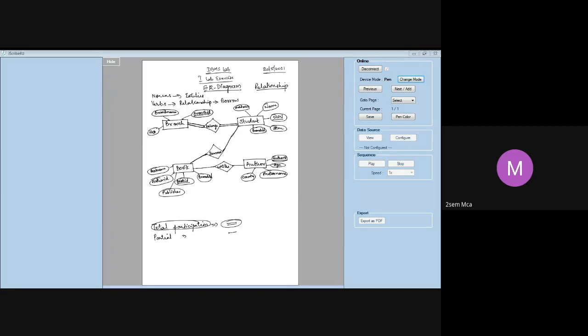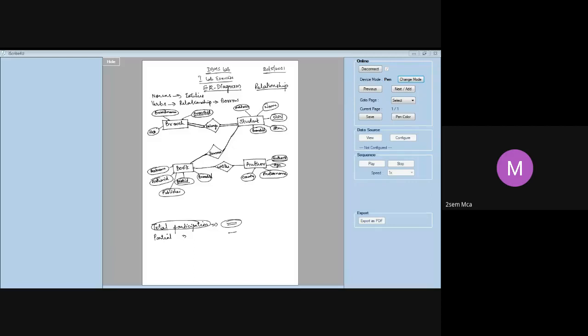Which side of the relation is total, which is partial, both are total, what is it? Ma'am, books is total. Which side is total? Which side is partial? You should tell me that, Anusha. Left side is total and right side is partial. Very good.